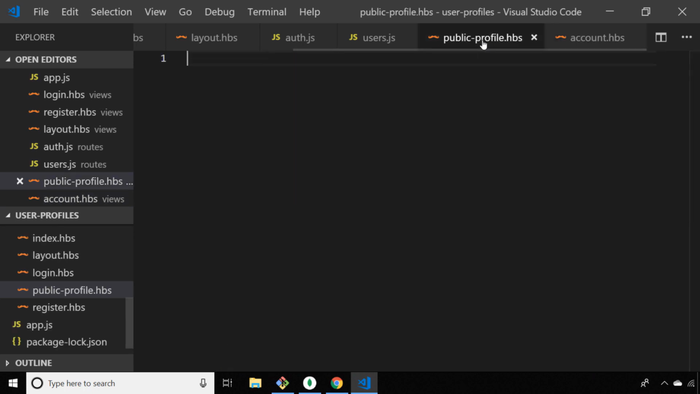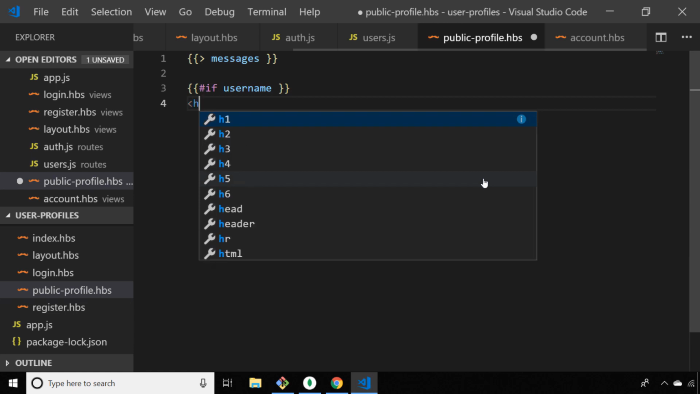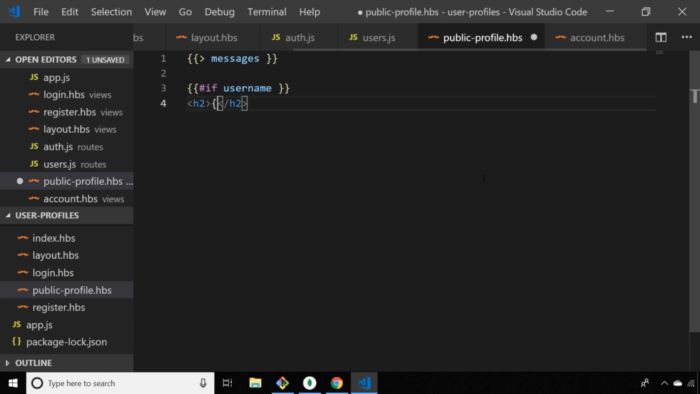We need to go to the public profile now. So all we're going to do here really is list out the data that's stored within the actual user's record. So we'll actually get a flash message if the user's not found. So let's make sure we've got our messages partial. And we'll check and say if there's actually a username provided, because don't forget, if there was an error, we didn't actually provide a username, so we only want to show this data if there's no errors. So we'll just say the username, I'll close that,